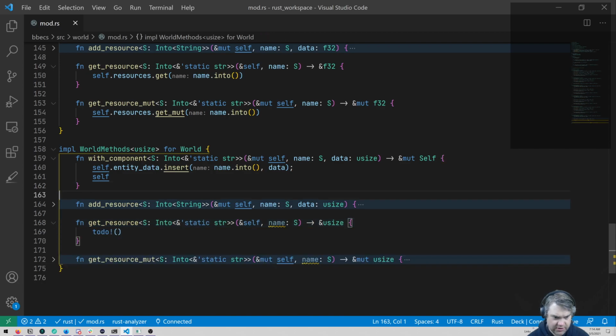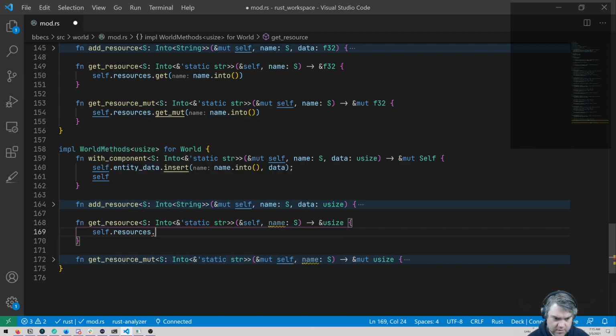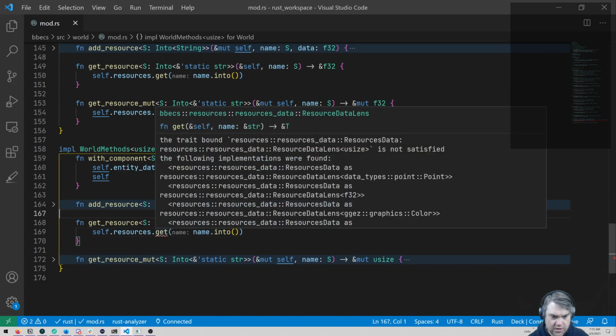Then we're going to get resource. All right, so we'll find out whether or not the resources have a usize. We'll see. No, they do not.